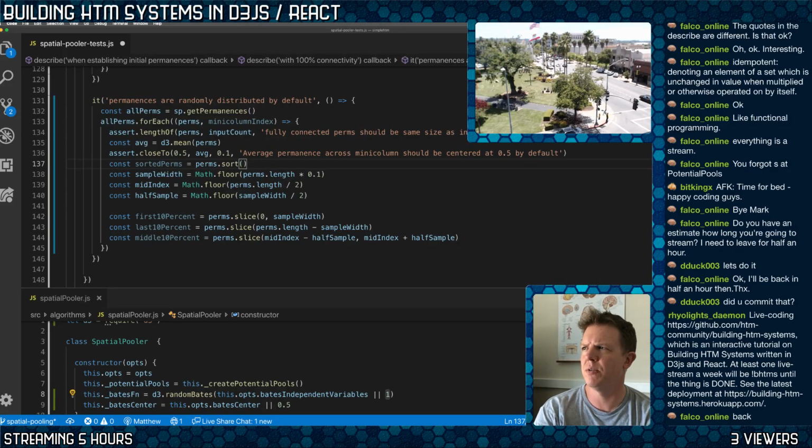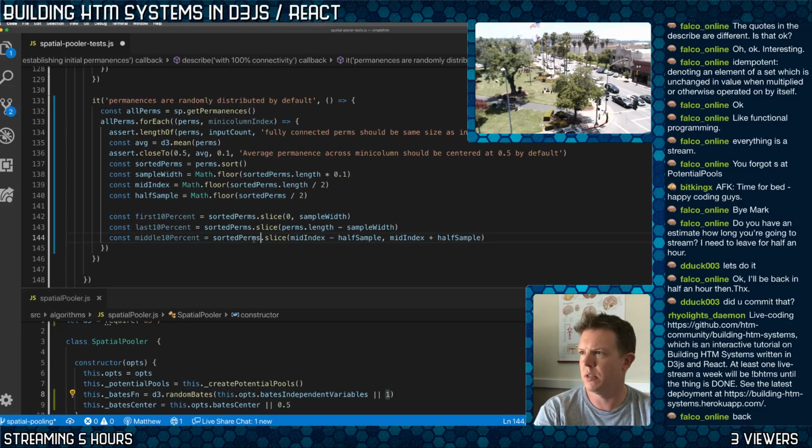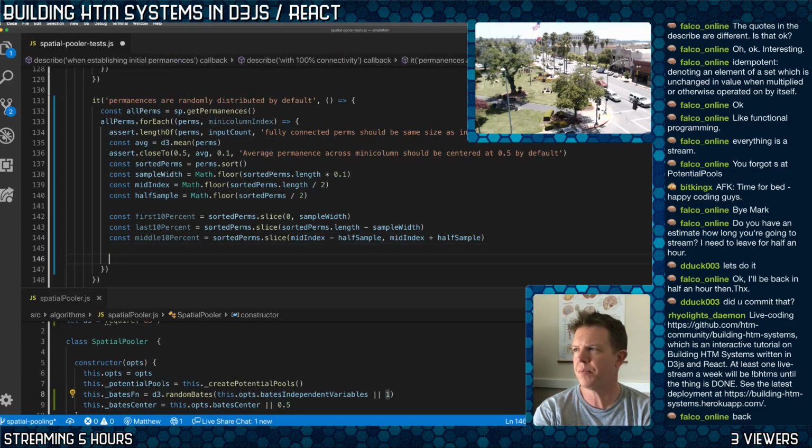Sort copies the array, right? I hope. Yeah. So I should be able to... boom. Oh, that doesn't matter. Slice. I better use the same thing. Okay. Okay. So,